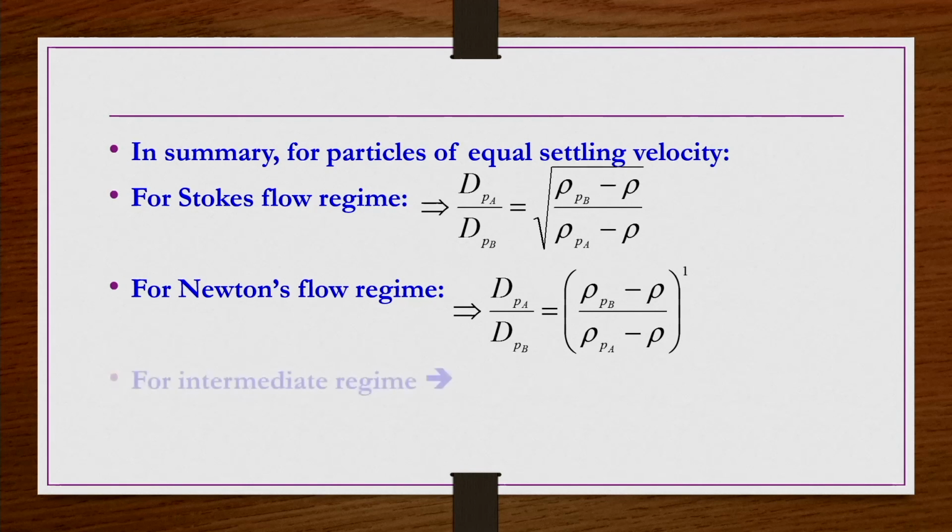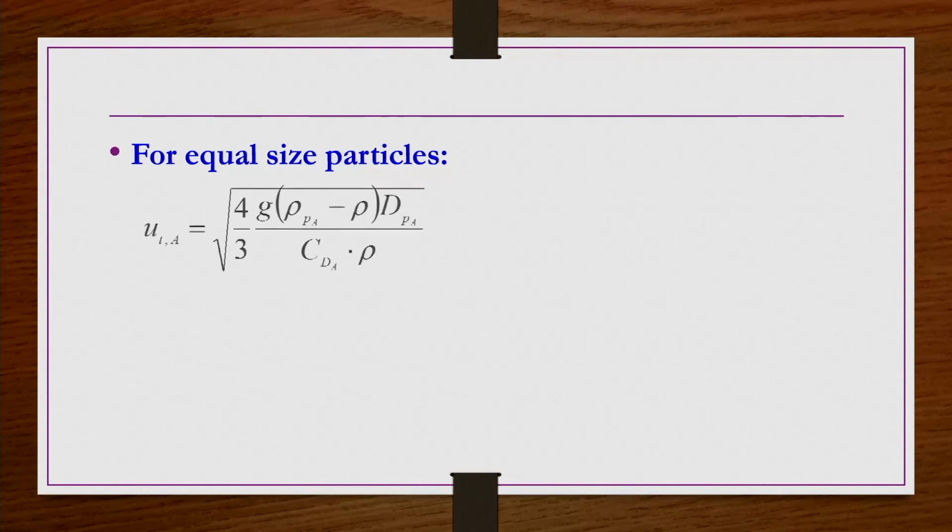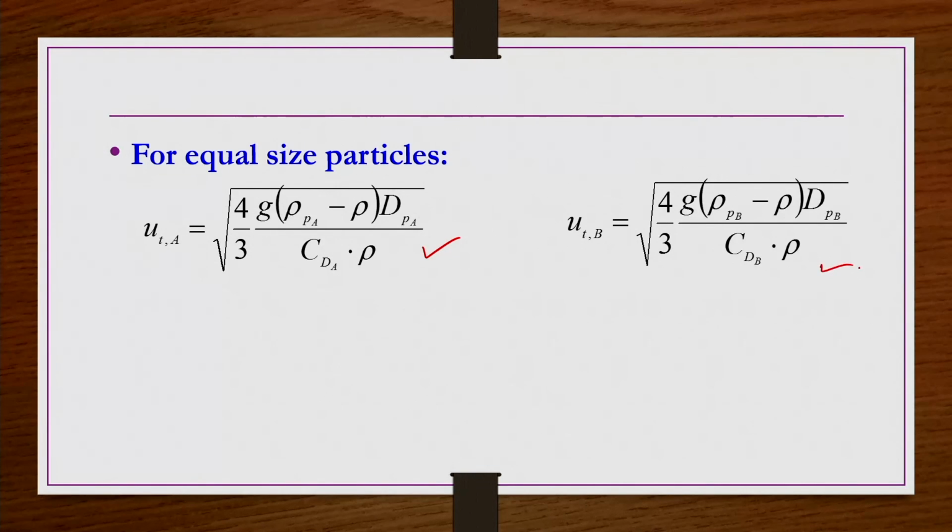That means, under the intermediate range, we can write dPA by dPB is equal to ((rho PB minus rho) by (rho PA minus rho)) whole power n. Then n is going to vary between 0.5 and 1: 0.5 for the Stokes regime, 1 for the Newton's regime, and in between for the intermediate regime. Okay. Let us say equal size particles, then UTA has the same equation, UTB also the same equation,